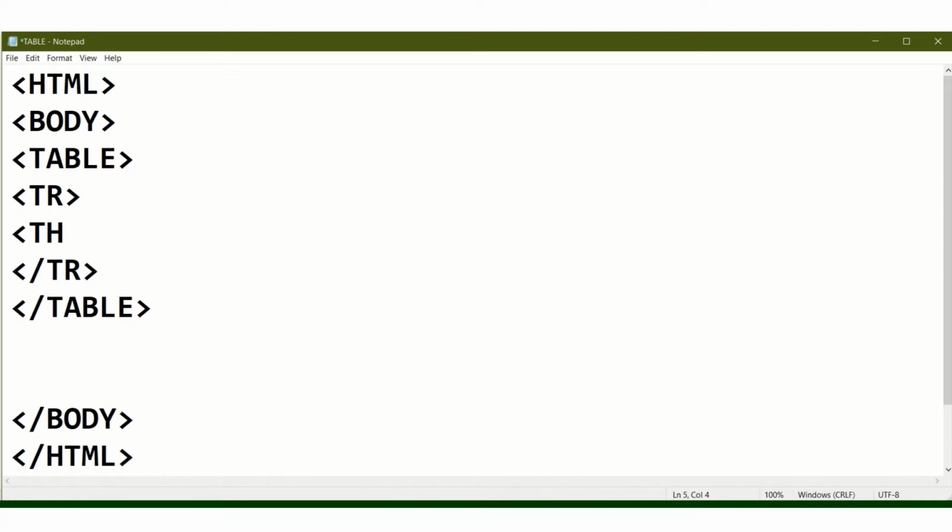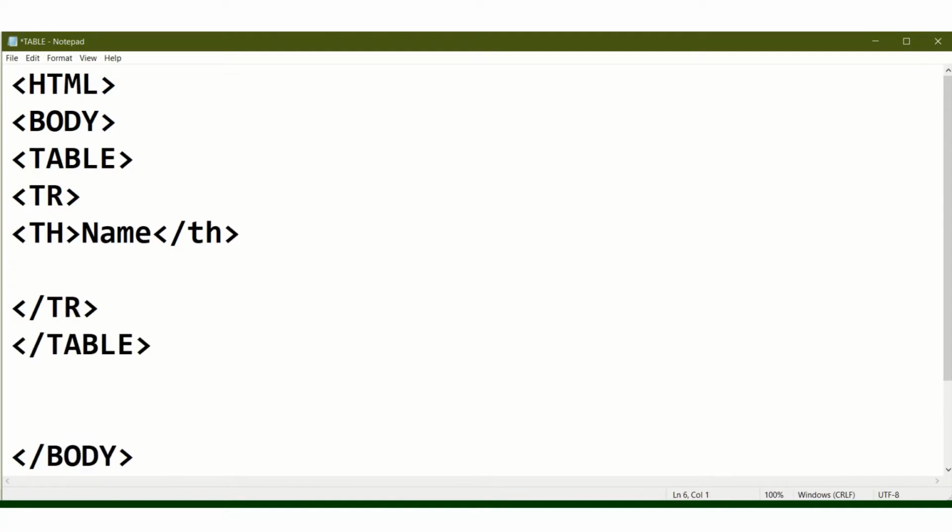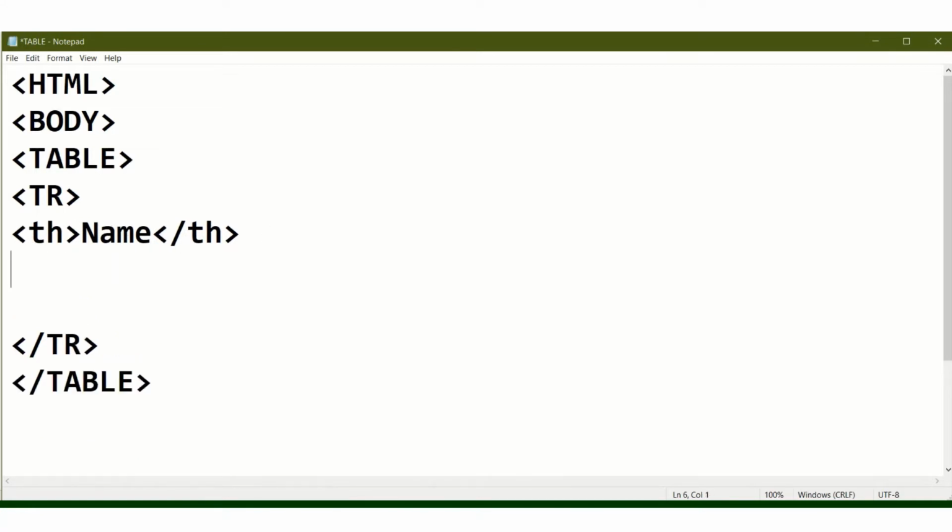So I am using th, and for the first heading I am giving the name Name, and th also we have to close here. Then another th, I am using small letters. Another th, that means another column of the first row.